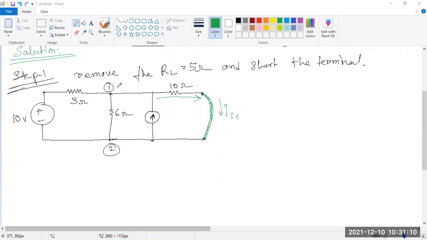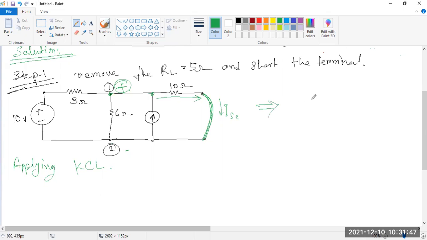So we think this is the positive terminal, the higher potential, and this is the lower terminal. Then we can find out by applying KCL over this load, because this node and this node are the same, equipotential, with no other element between them, so only one node is there. And this is also one node.